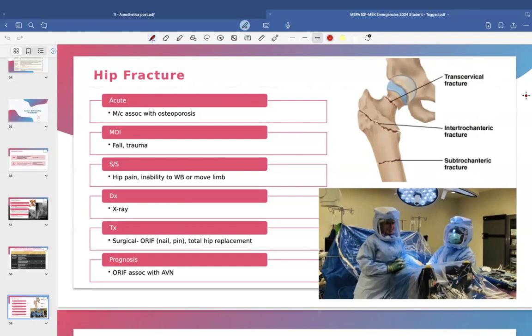So as you get old, you get osteoporosis, and that's a lot of your little old ladies with hip fractures. They fall, they go boom, and they fracture their hip. You can diagnose it on the X-ray, you don't need any fancy imaging. A lot of times you're gonna do a hip replacement for them. But if it's a trauma, you could do some sort of nail or pin. You gotta be careful,